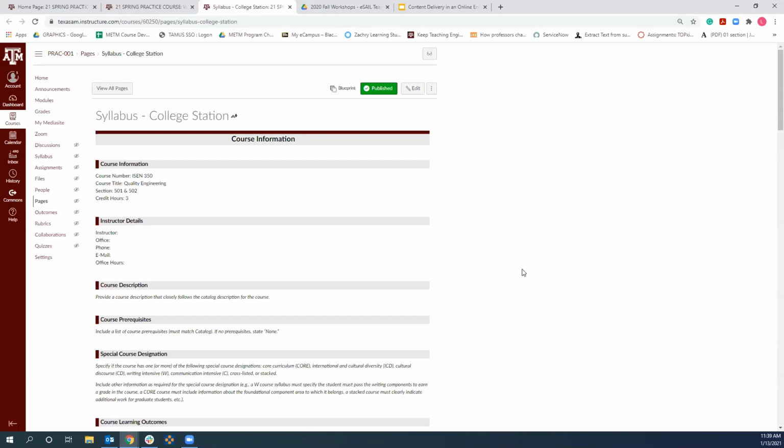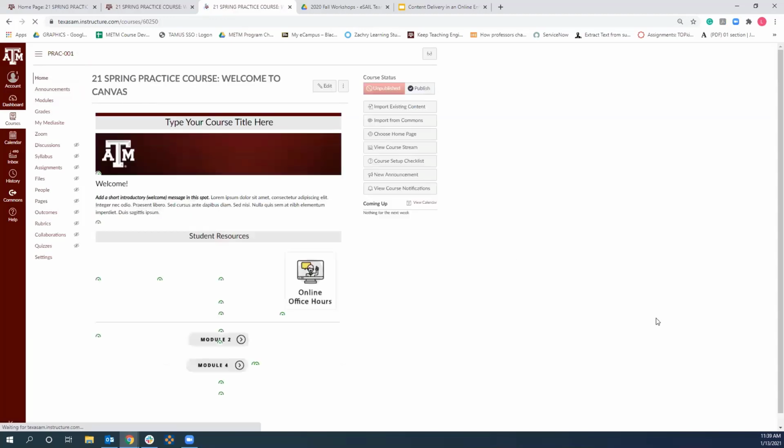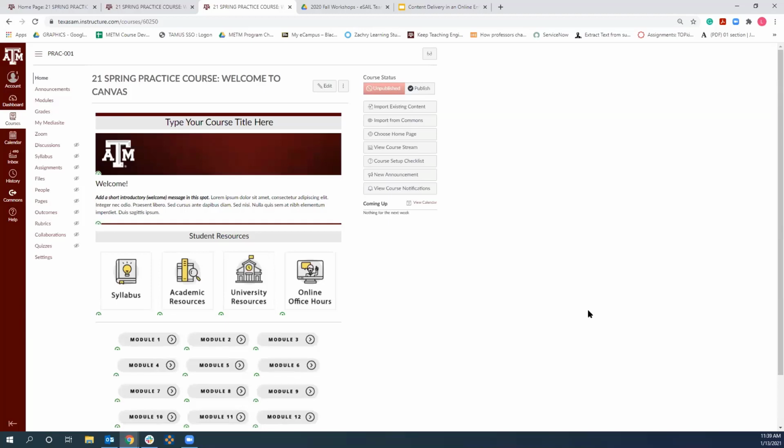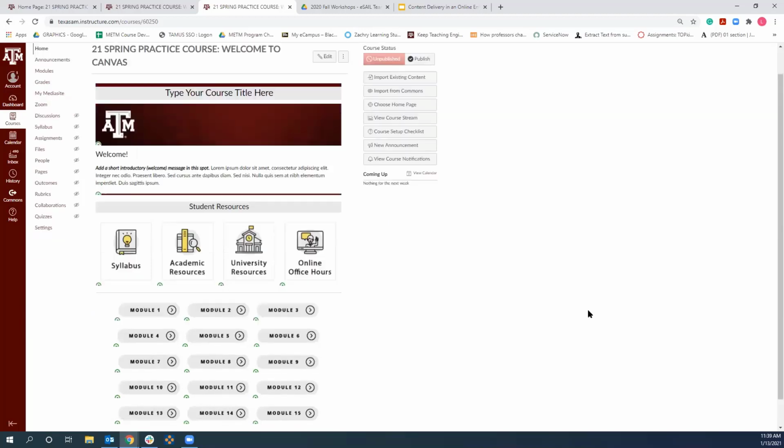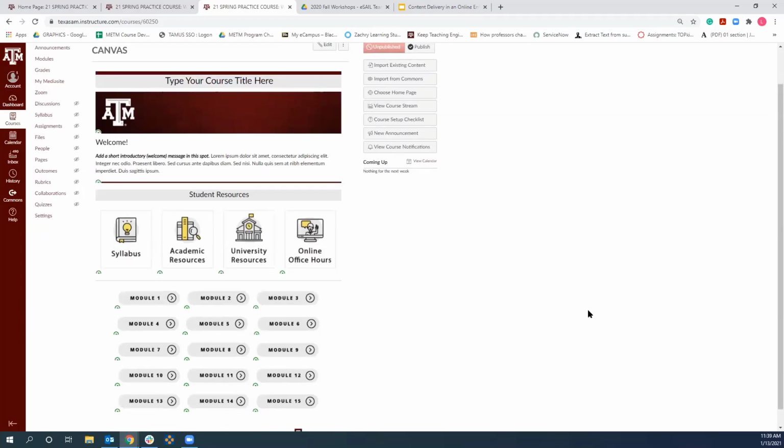If you go back to the home page, just real quick about that icon again. If that shows as green, your document's probably in pretty good shape and it may not have any issues to fix. If it's red, you probably have several or bigger issues to fix.